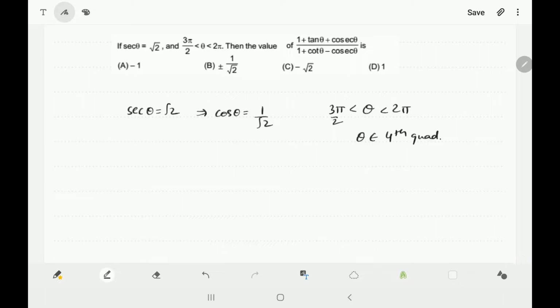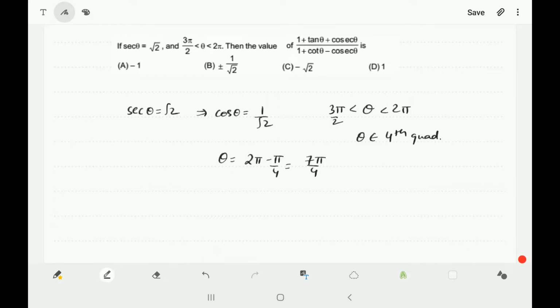Okay, so the value of theta you need not find right now, but you can easily say it will be 2 pi minus pi by 4 because it is in the fourth quadrant, and at pi by 4 only we will get the values as 1 by root 2 and minus 1 by root 2. So it is not required, but still if you want to calculate theta, you can write 2 pi minus pi by 4. It will be 7 pi by 4. Okay, now the important thing is we need to find the value of tan theta, cosecant theta and cot theta, which are required in this particular problem.